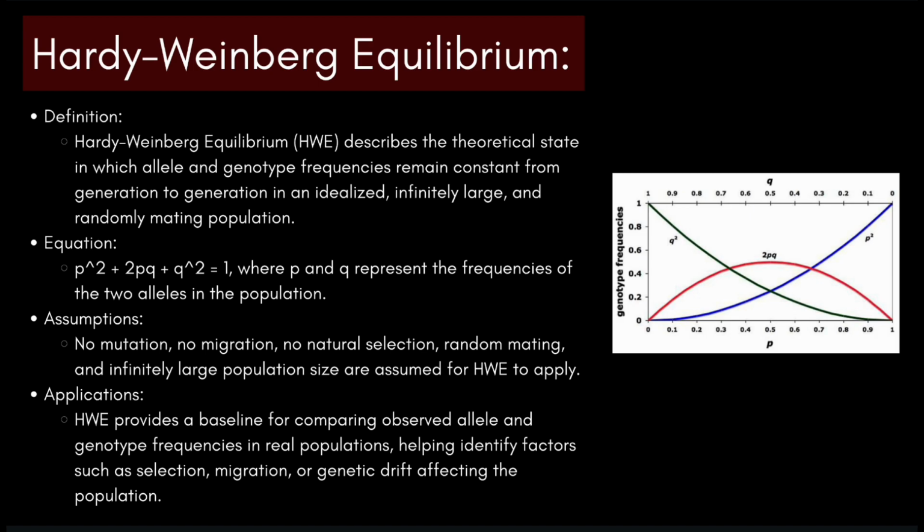Some assumptions you have to make with Hardy-Weinberg equilibrium include no mutation, no migration, no natural selection, random mating, and infinitely large population size. Some applications of Hardy-Weinberg equilibrium include that it provides a baseline for comparing observed allele and genotype frequencies in real populations, which helps identify factors such as selection, migration, or genetic drift affecting the population. Moving on,